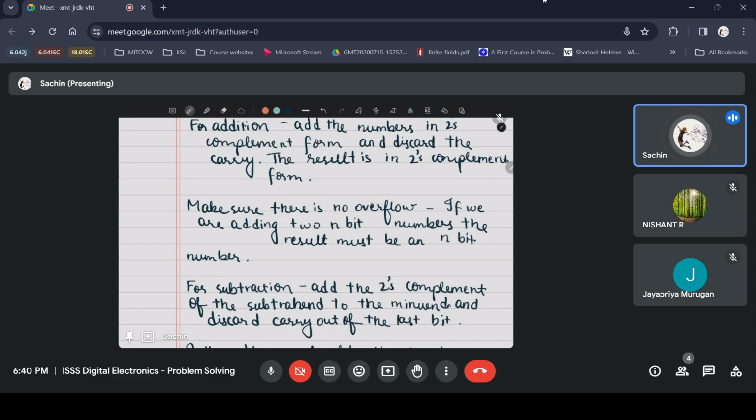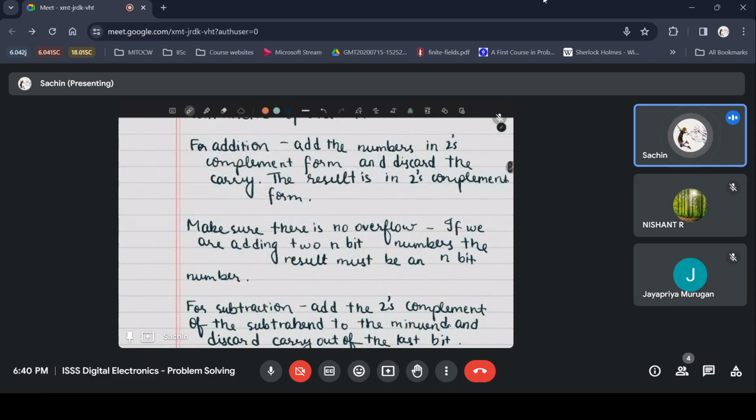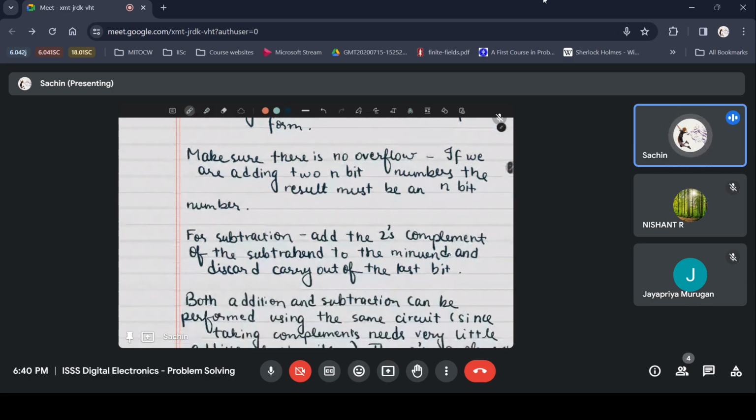So you see that both addition and subtraction can be done by using addition itself. So if you want to make a circuit, which we'll see later, you can use the same circuit with just a little bit of additional circuitry. So you can do two operations using almost the same circuit. That's why everywhere we use only two's complement representation